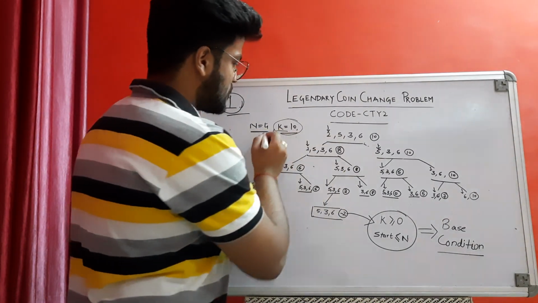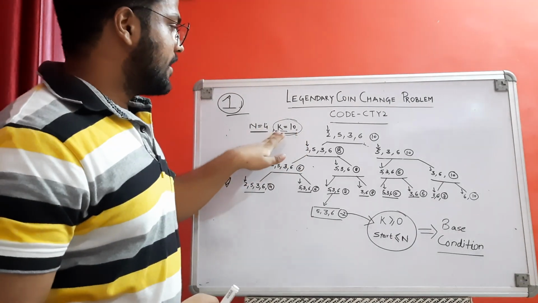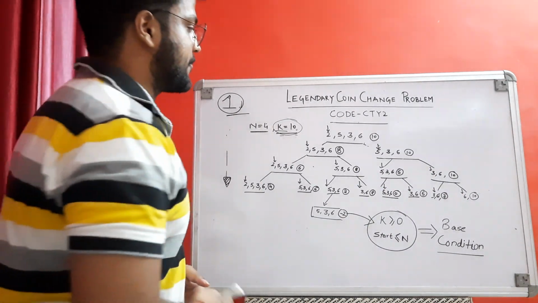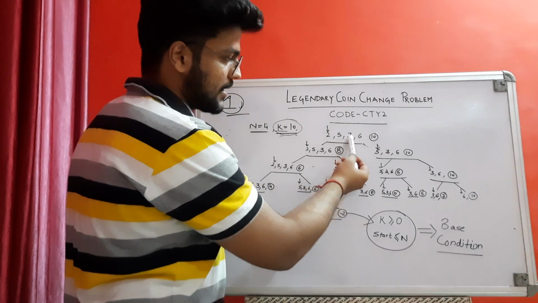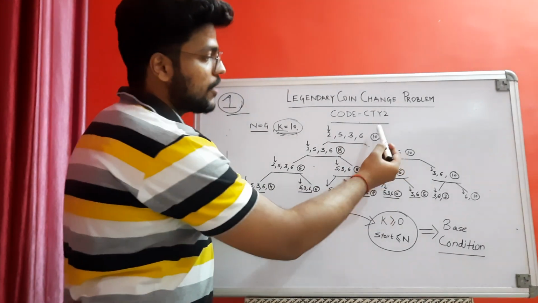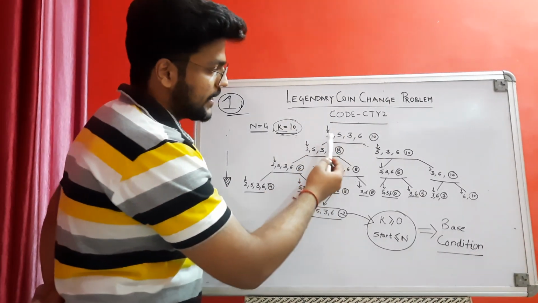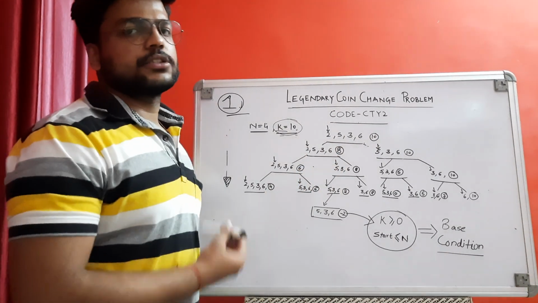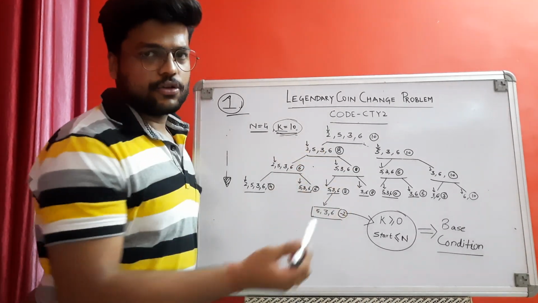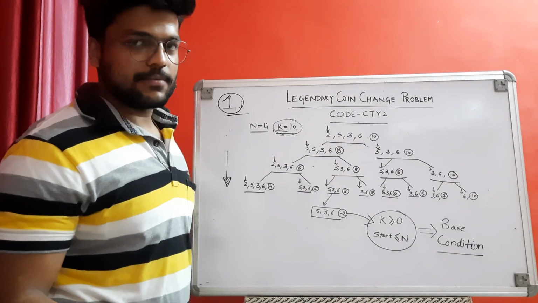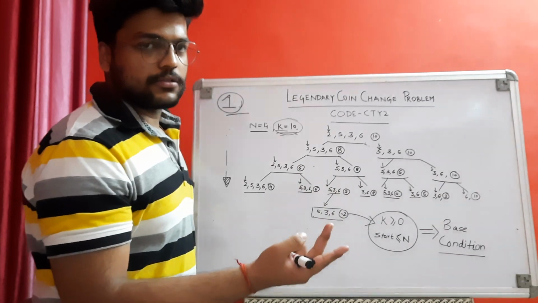So let's say you have n equals 4, k equals 10. You have 4 denomination coins and you have to make the sum k equals 10. The 4 denomination coins are 2 rupees, 5 rupees, 3 rupees, 6 rupees, and you have to make sum 10. In this type of problem, how should you approach it? Start like this: either you will take 2 in the sum or you won't take it. This is a very simple approach. You should take it or leave it. There are only two choices.